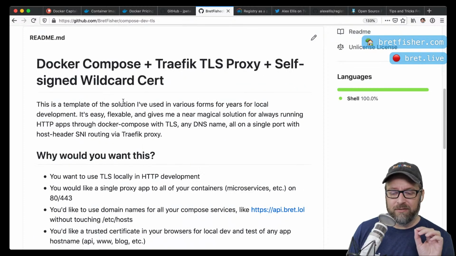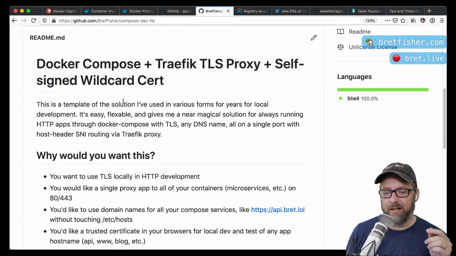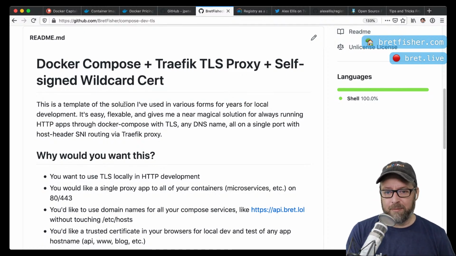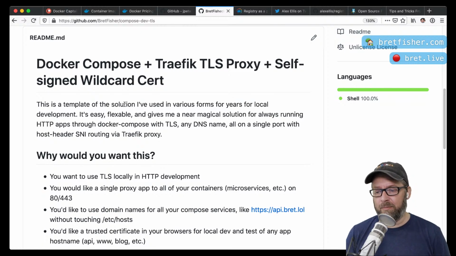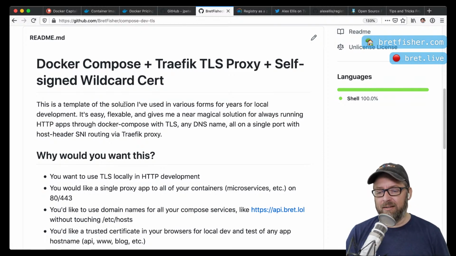And a lot of you, if you see my courses, if you've been around a while, you hear me talk about Traefik. I talk about it at DockerCon. Traefik is not the only game in town. There's Envoy. Obviously there's Nginx and HAProxy. There's Caddy. Caddy is another popular one for local dev setup. Caddy is really easy. But Traefik sort of stole my heart a couple years ago.